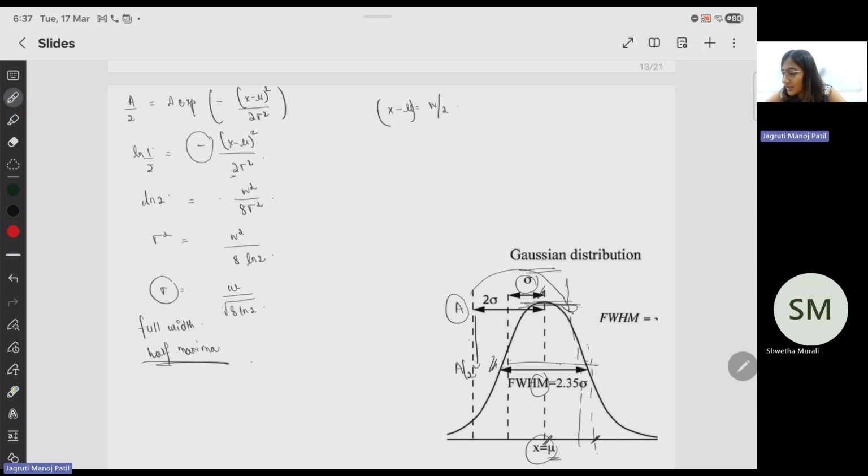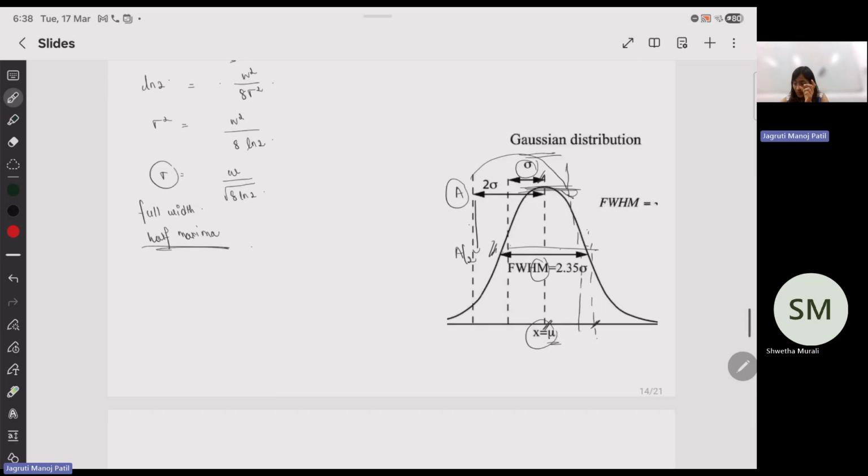And if you don't even remember this, this is fine because this is pretty much easy to remember. The Gaussian formula, how it should be and how Gaussian functions are. Then from there, just do half of its amplitude. You'll get the width of the function that you're representing. Okay. Any questions still here?